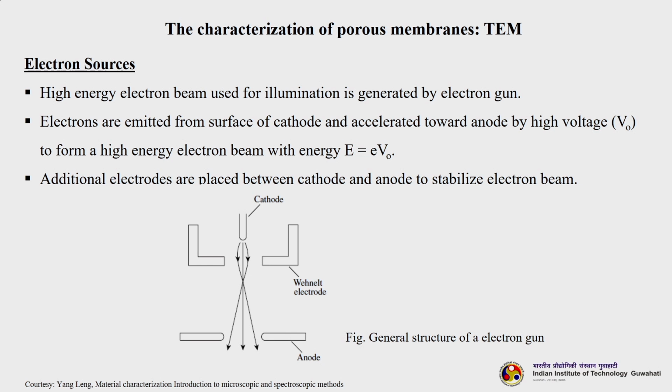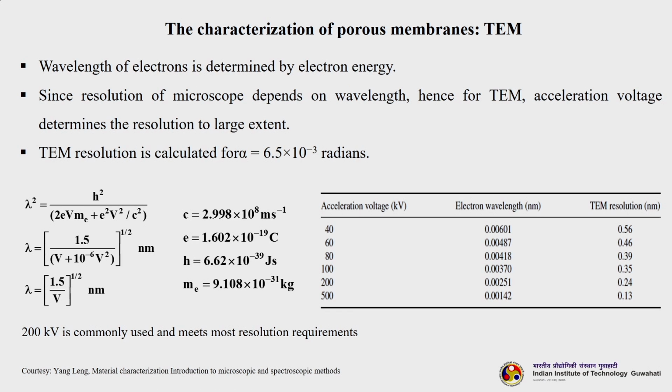There is a cathode and there is an anode through which the electron beam is generated. So, the wavelength of electrons is determined by the electron energy. Since the resolution of a microscope depends on wavelength, for TEM the acceleration voltage determines the resolution to a large extent. So, it is the acceleration voltage which is determining the